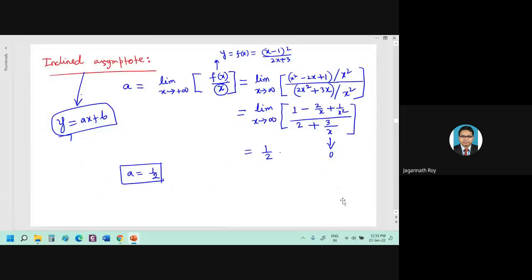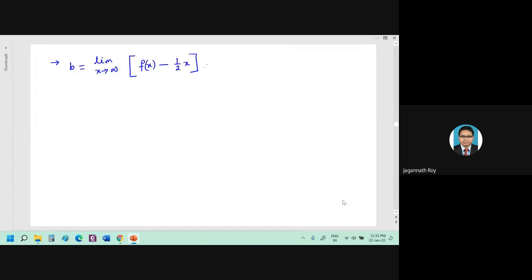Okay. So we have found a equals half. Now we want to find b, that is why we have put it here. The formula is actually this one. So in place of a, we will substitute half. And now we get here